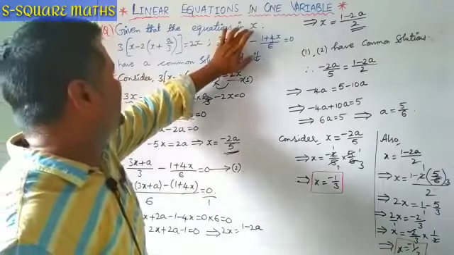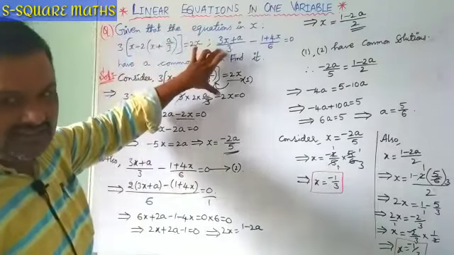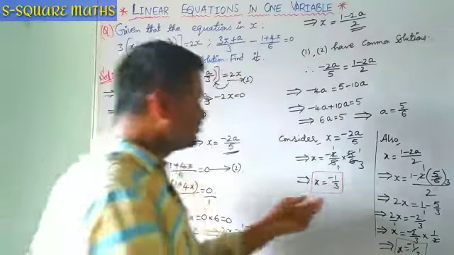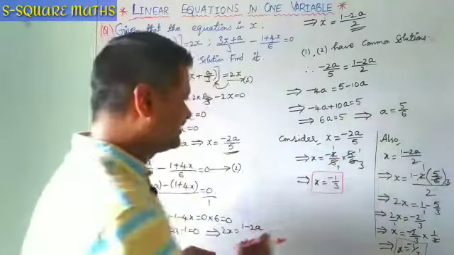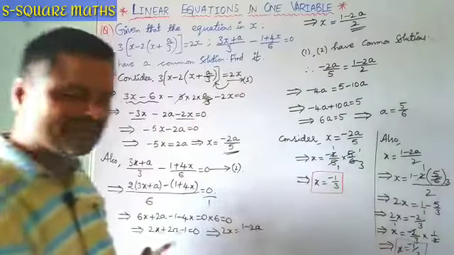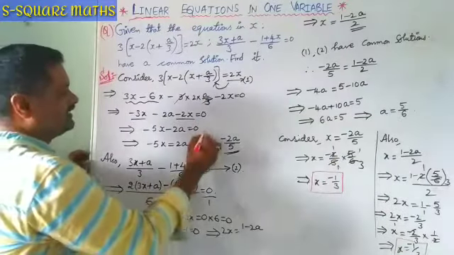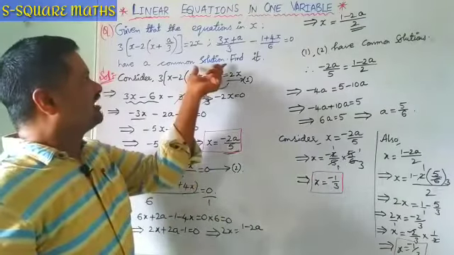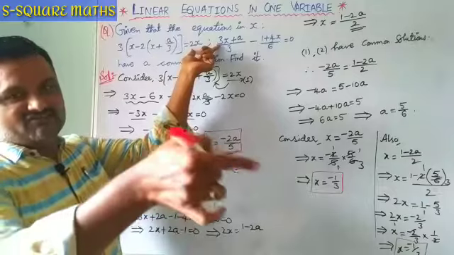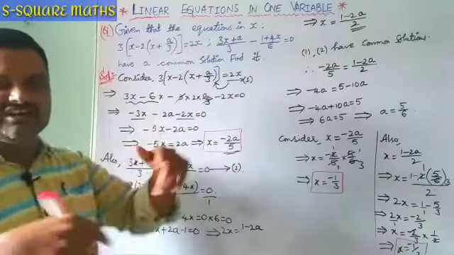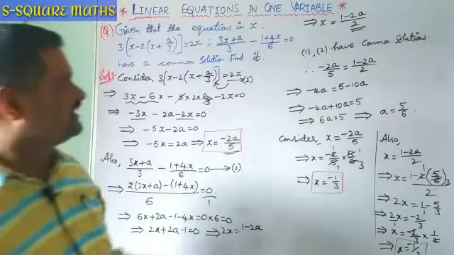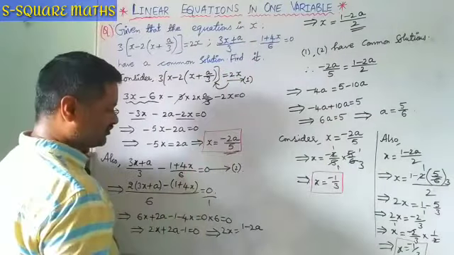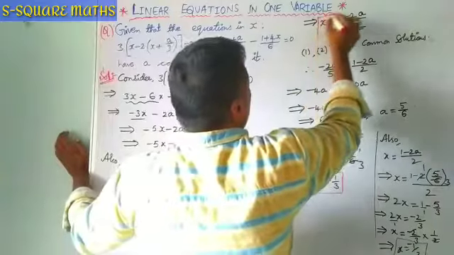Given that the equations in x involve the variable a and they have the common solution, we have to find the common solution. Our common solution for both the equations is minus 1 by 3 and here it is also minus 1 by 3. So in this way we can overcome the problem. To get the common solution, these two equations are involved with the variable a. First of all, our intention is to get the a value, then only we can go for the common solution. So here x is equal to minus 2a by 5 and here x is equal to minus 2a by 5.